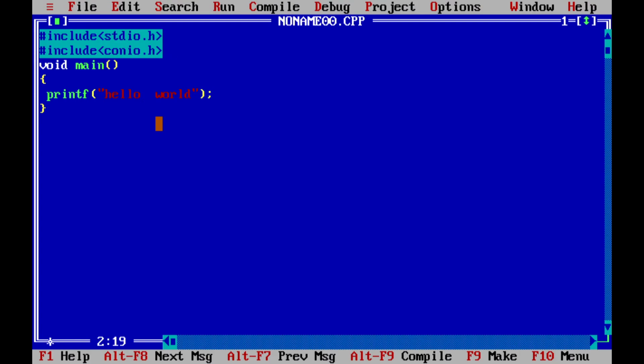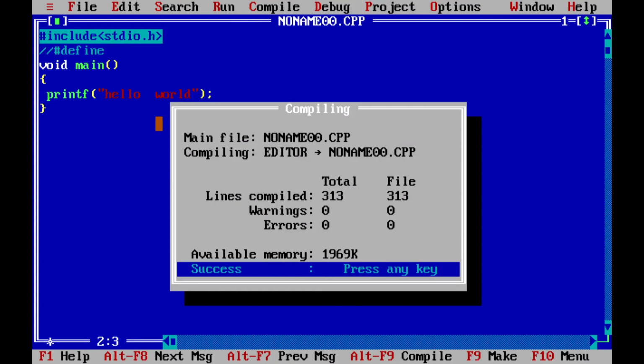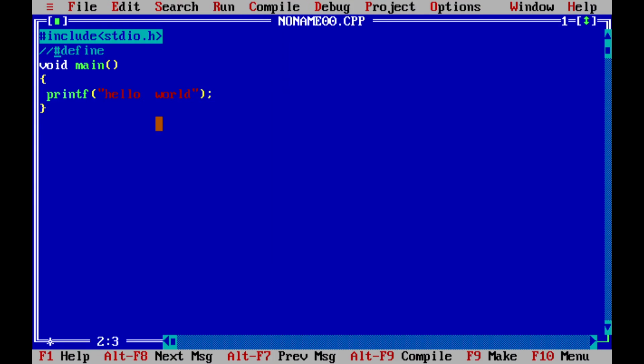Let's see again. Suppose that I have written hash define. One thing is clear: if I have only this, you can easily realize with the example how many lines will be compiled. From this example we know it is 313 lines. 313, why? Because this particular line is there, right?